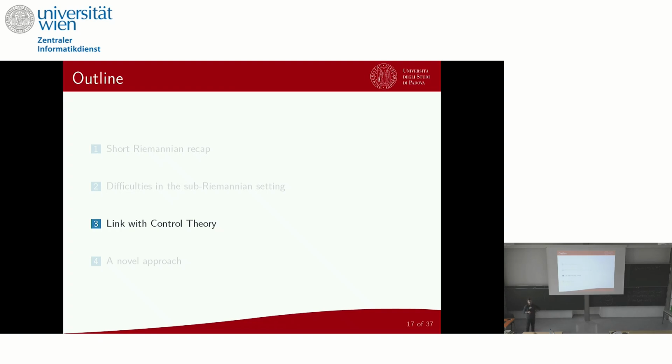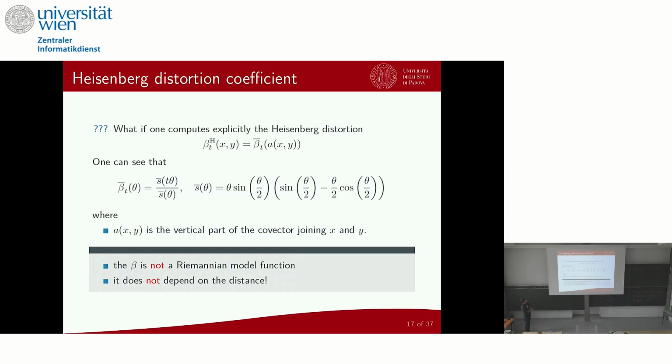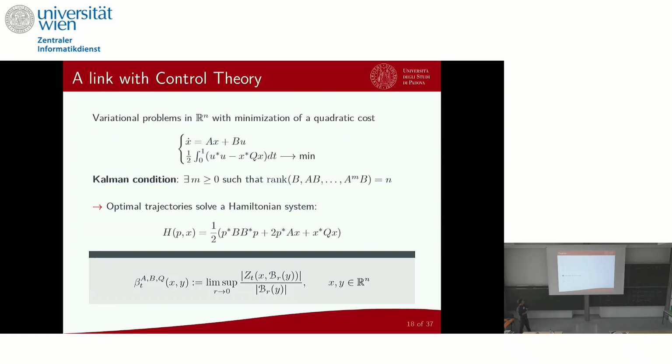Okay, then I want to make a little detour to show a link with the control theory. So you have to keep in mind this expression here, which, by the way, if you see when theta is going to 0, it goes like theta to the power 5, right? You have 1 theta here, 1 theta for the sinus, and this has order 3. Okay, so